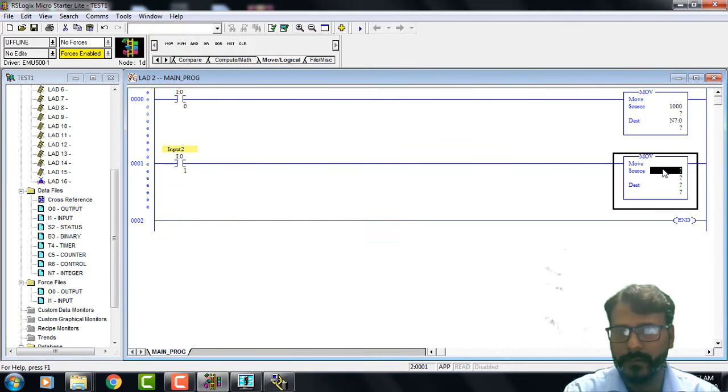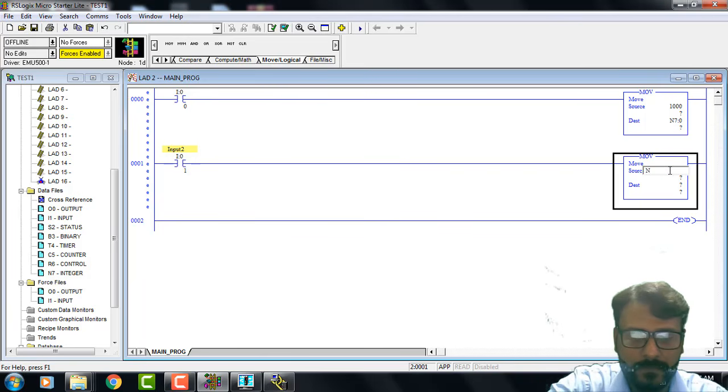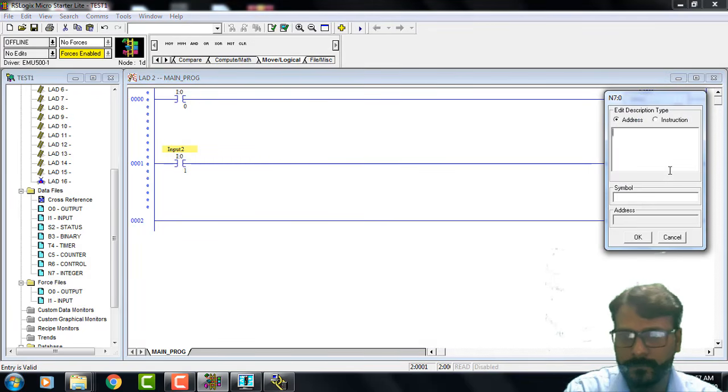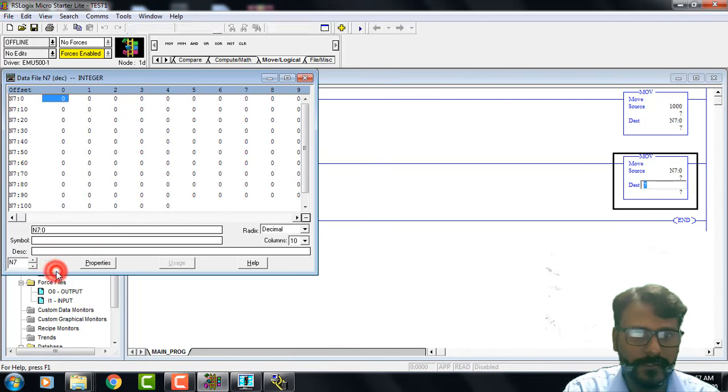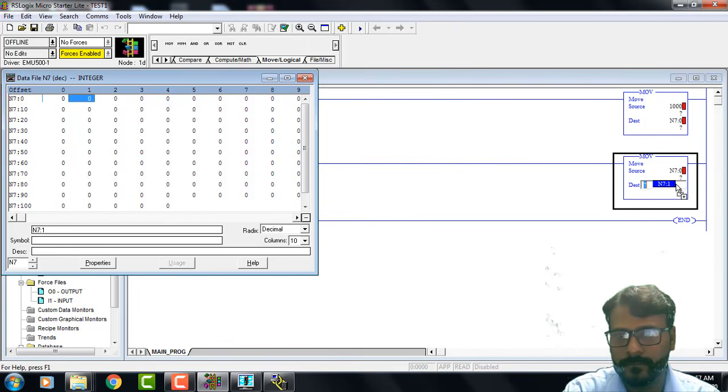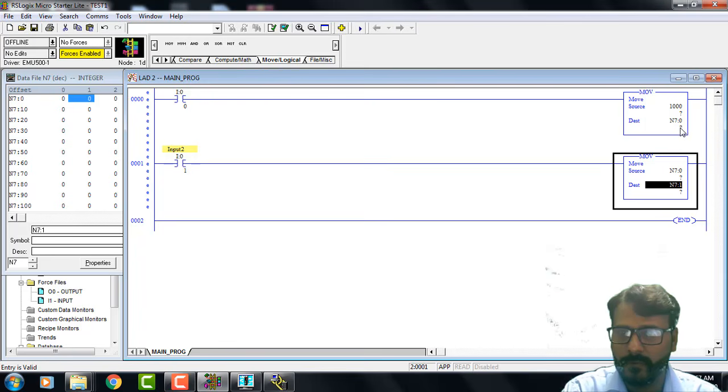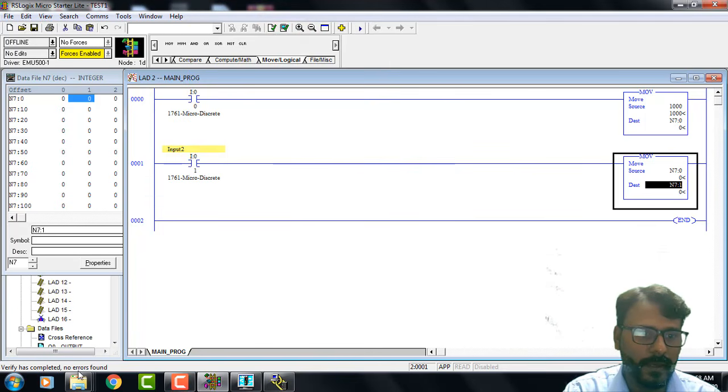Okay, and like this value N7, or decimal value, I will take more integer like this one. At this time you can see the question mark, it had no value. These integers have no values, they are 0 values, and I will compile the program. You can see no error found,